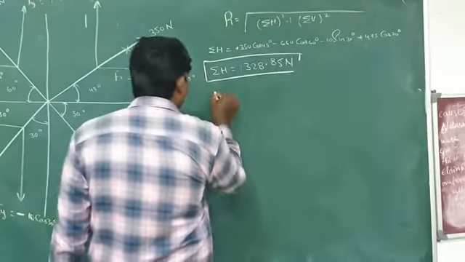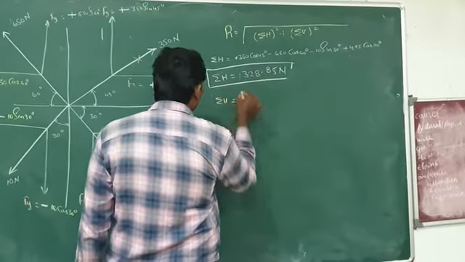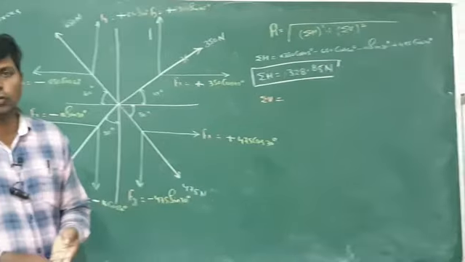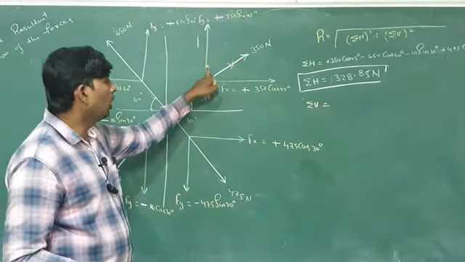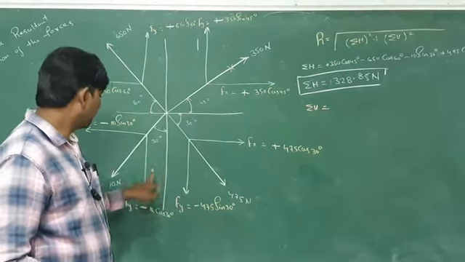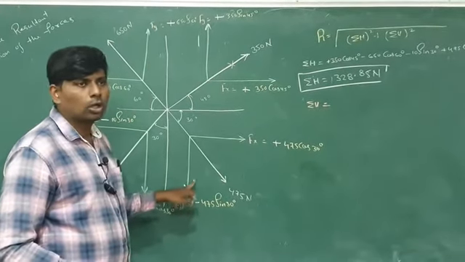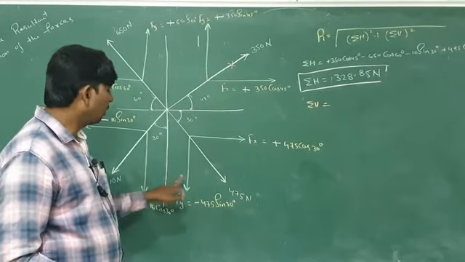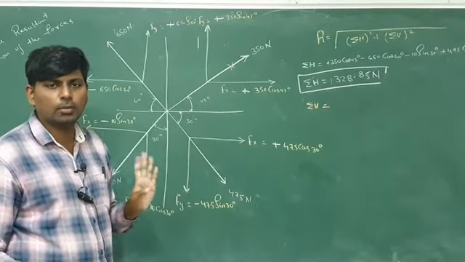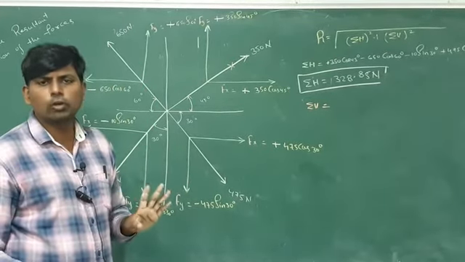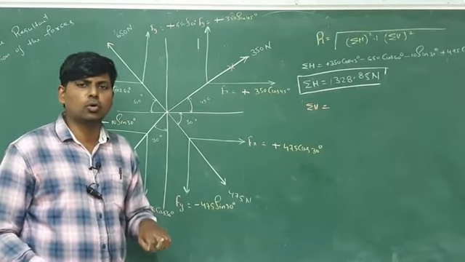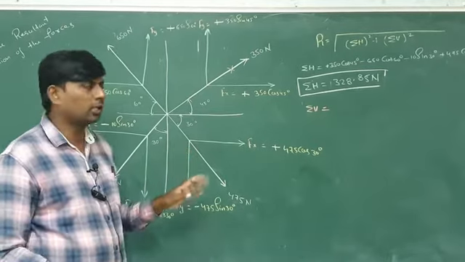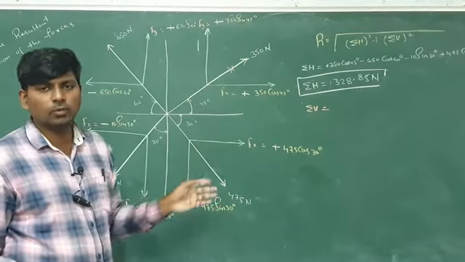For the sum of vertical, first you have to write sum of vertical is equal to, first in this diagram you have to calculate how many vertical forces are there. So here 1, 2, 3, 4. How many forces are there? 1, 2, 3, 4. Total vertical forces in this diagram is also 4. It is not necessary every time 4 will be there, more than 4 will also be there, but in this problem only 4 are there. With respect to their sign you have to write down that one.